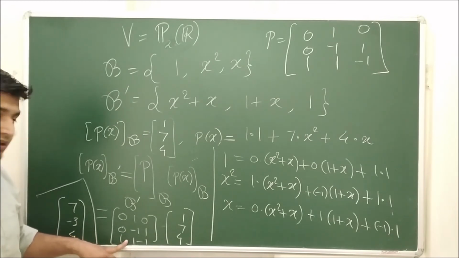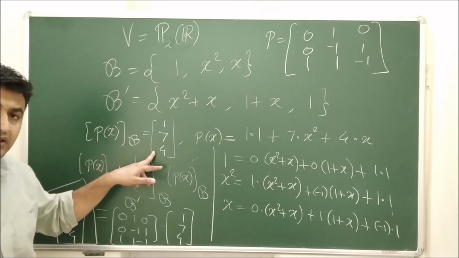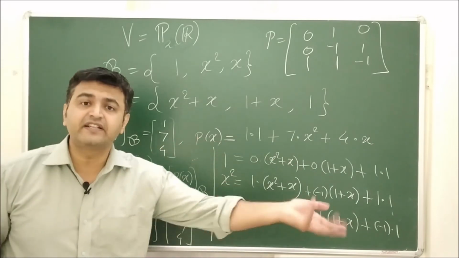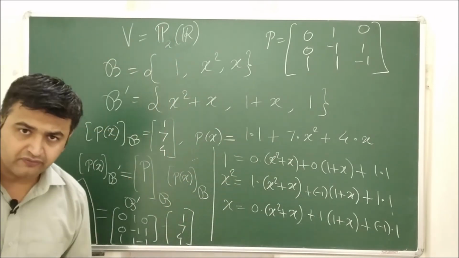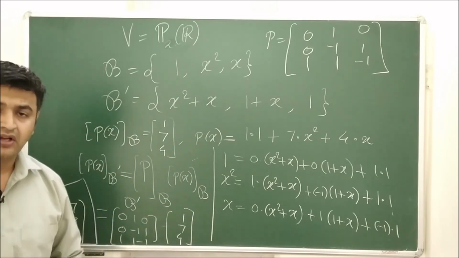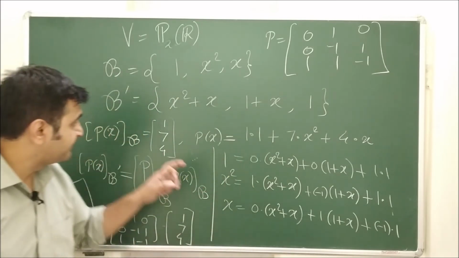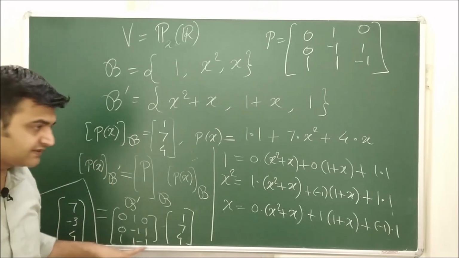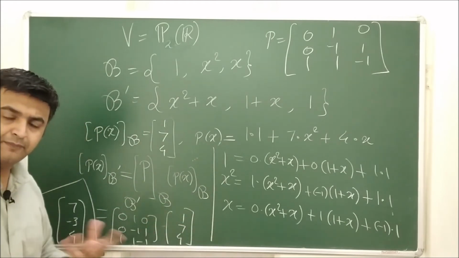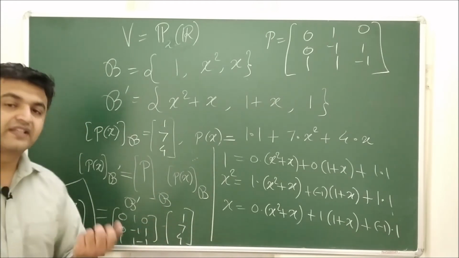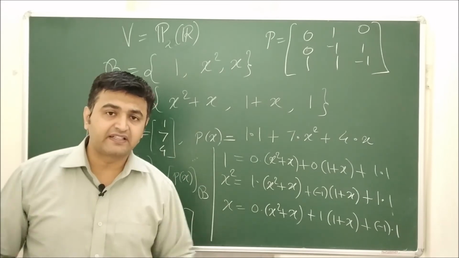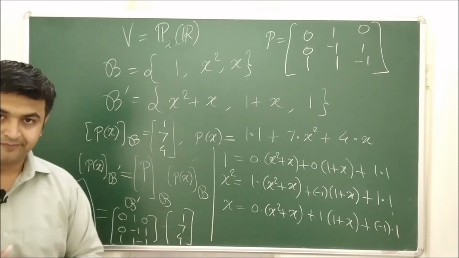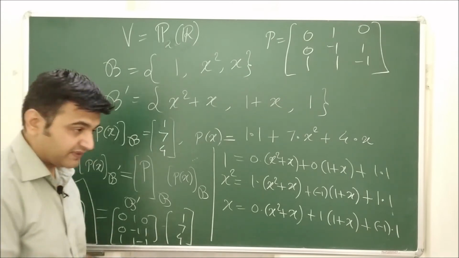But well, this is only a one-time process. Once you have the matrix P, you take any coordinate vector with respect to B, you simply multiply, and you get the answer. So you are not required to do the same procedure every time. Suppose you have hundreds of polynomials or hundreds of vectors for which you need to find the coordinate vectors with respect to B prime and with respect to B. You simply find this matrix once, do this procedure once, and simply write this multiplication in the program, and you get the answer. So when you have very large vectors or large data sets, this is a very useful concept. So that's how one can find the change of basis matrix.